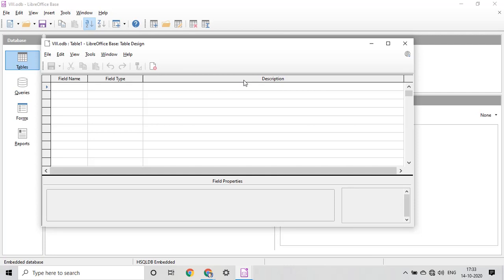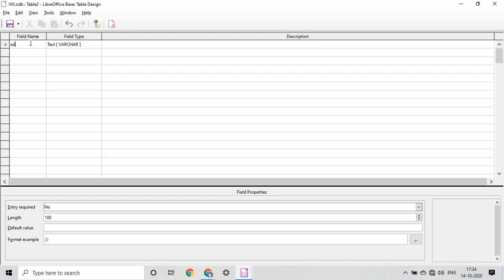If we talk about the information or data we want to feed in this table, I'll follow the table which is given in your book. So we will give some columns. One is admission number, so that it will be easy for you to practice as it is given in your book.